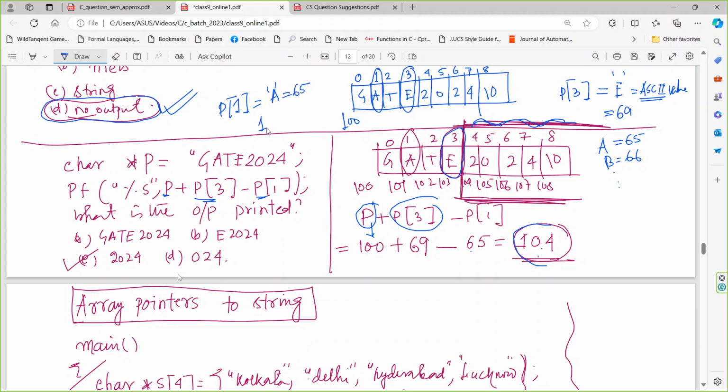So what will happen? P is 100, E is 69 and then 65. That means if we subtract it, that will give you 104. That means this is 100, this is 101, this is 102, 103, 104. That means they will print from the 104. 104 থেকে যা আসবে সেটাকেও প্রিন্ট করবে। That's why they will print 2024. If there are other character, তোমাকে সেই রকম ভাবে করতে হবে।